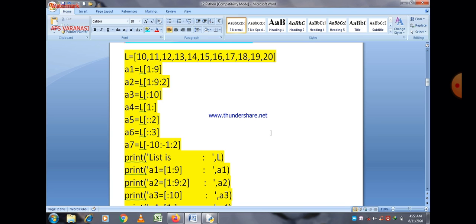So there is a list L containing different elements, starting from 10 and the last element is 20. You can easily see on screen: 10, 11, 12, 13, 14, 15, 16, 17, 18, 19, 20. These are the elements of the list, and A1 is a variable, and there is a slicing. First, slicing of list L, and within the square brackets just write 1:9. Always remember that start value, end value, and increment or decrement are always separated by a colon sign as far as slicing is concerned. So 1 means